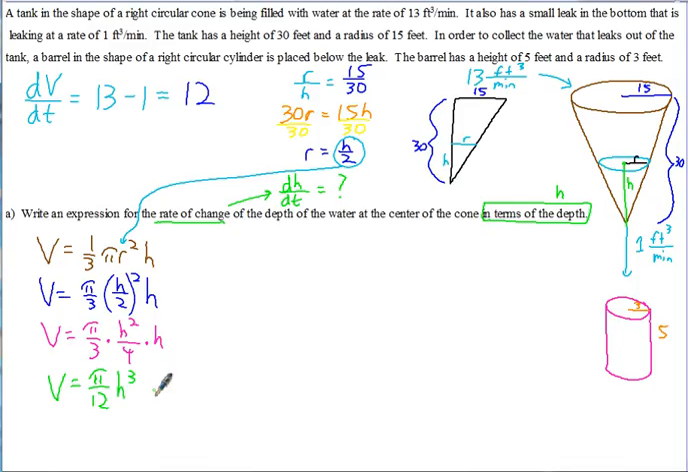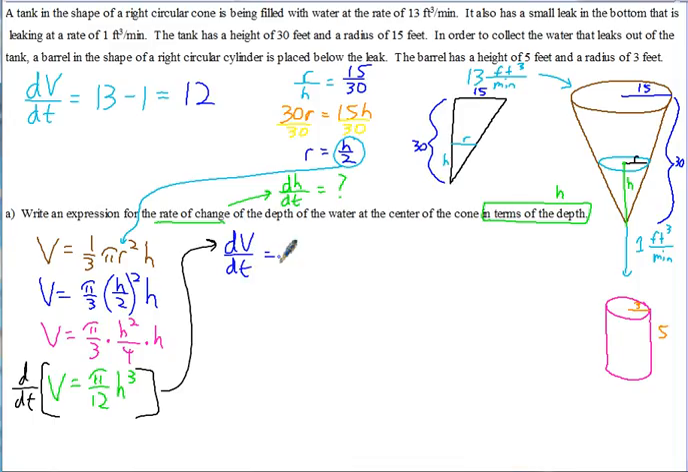So now notice there's no more r in there, right? We just have an equation that relates V and h. That's good because we know dV/dt and we're looking for dh/dt. So now is when you would take the derivative with respect to t. So the derivative of V would just be 1, but then the variables don't match up, so that's what we need: dV/dt